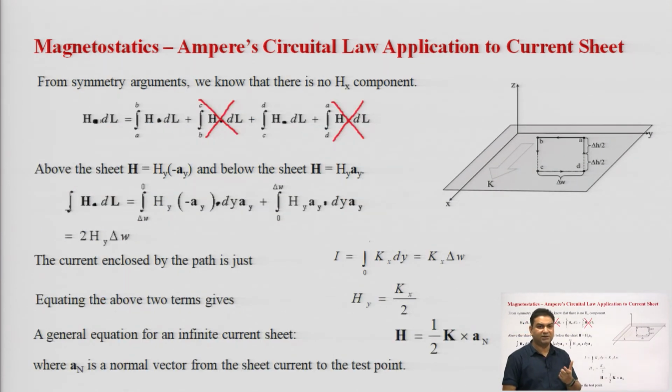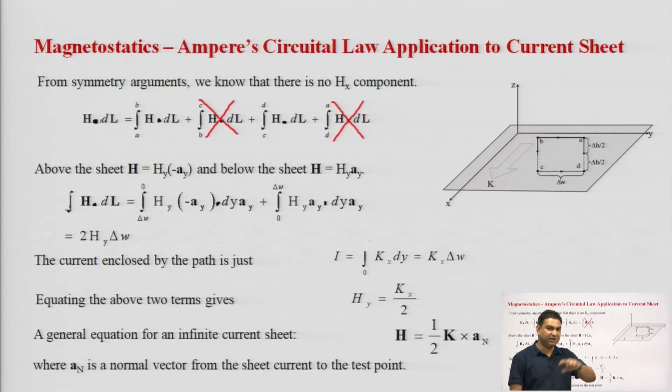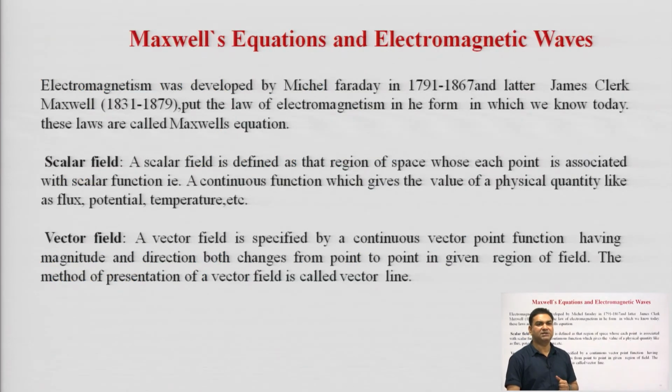the overall current, like whatever you have seen in the previous slide, I enclosed, and this I enclosed is given as integration of H dot dl, and the different segments of dl are considered as A, B, C, D in that particular form. Here the overall calculation of this I enclosed is for the different segments A to B, B to C, C to D, D to A, and here the different components which will exist are given and the other components are nullified. So, this is the exact equation, and now the final formulation of these magnetic field and electric field is given